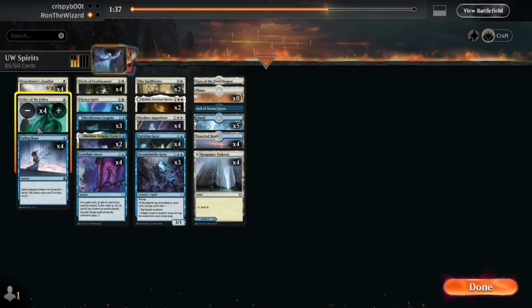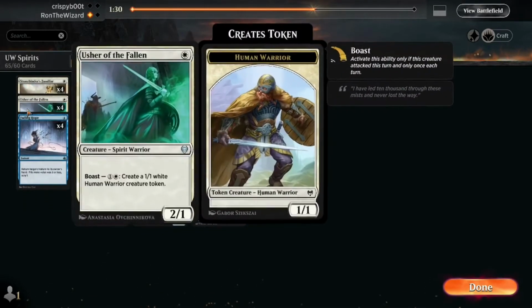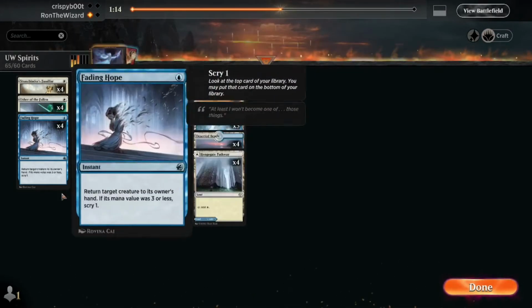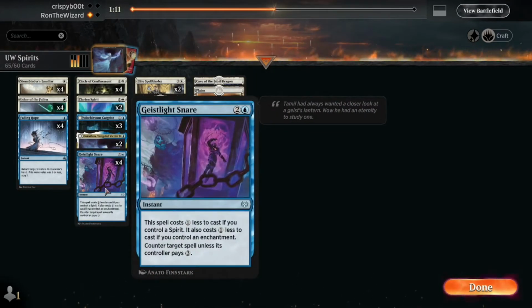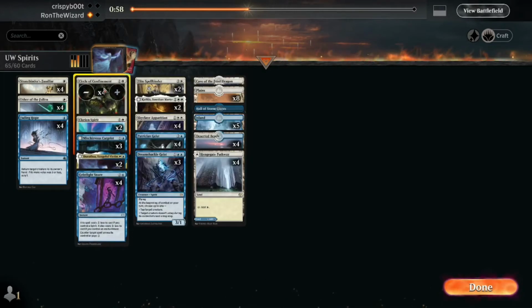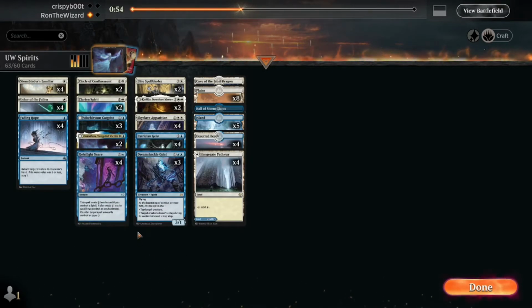The Usher of the Fallens are not amazing. They just run into the Jesper Sentinels. But then they can trade for 2/1s later on, so maybe that's fine. I think I want to make sure I have 1-drops in my deck still so I can play one of them on turn 1, and then I can hold up Geistlight Snare on turn 2 if I need to. The Circle of Confinement doesn't hit a ton, does it? Maybe I'll stick with just 2 of those and then just trim a little bit. Like trim 1 of each of these and trim...